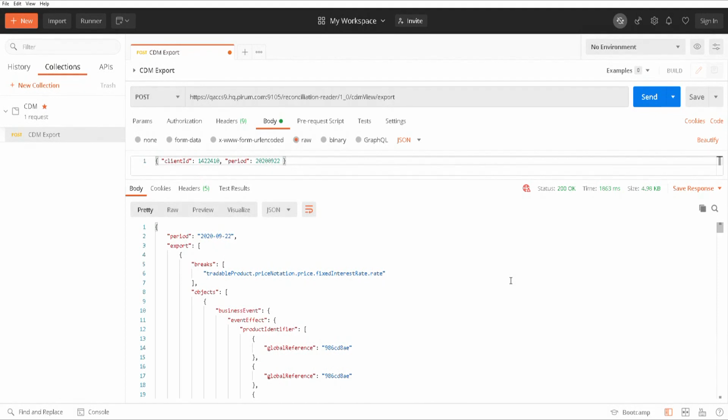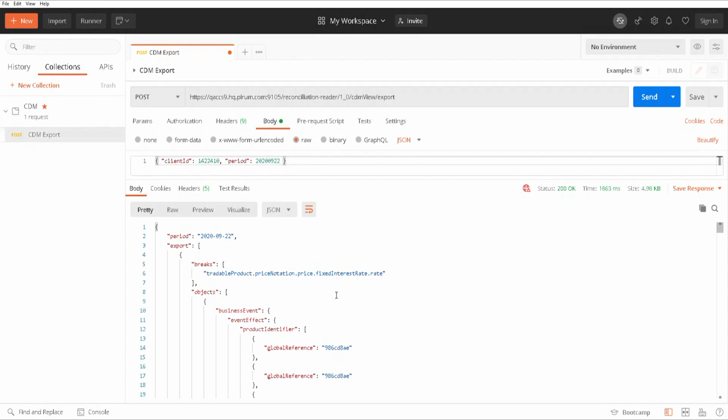And on this screen, what you are seeing is the response of our API. That is a combination of our reconciliation output and the Rosetta output. In a real world scenario, we might do this mapping ourselves because our systems allow us to do that. But here, what we have done is we have grouped the trades in groups or paired trades, or trades that have matched together. And for each group, we are displaying the breaks in a format that is useful or meaningful for the systems that are going to ingest these files.